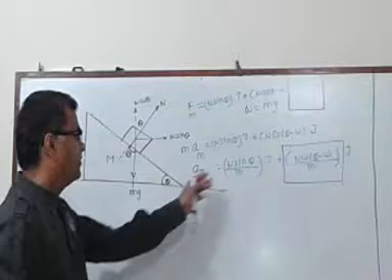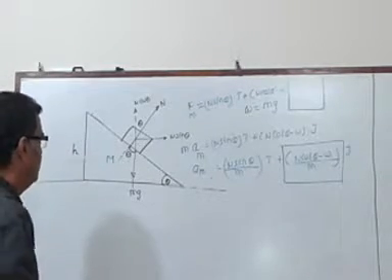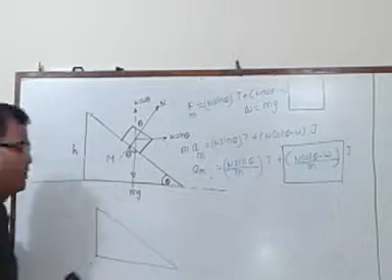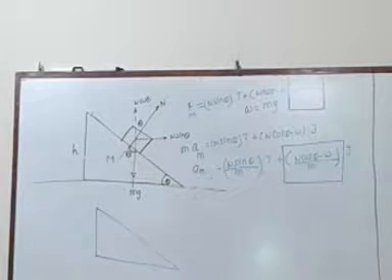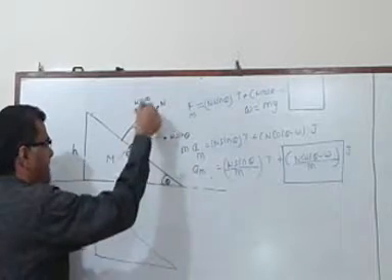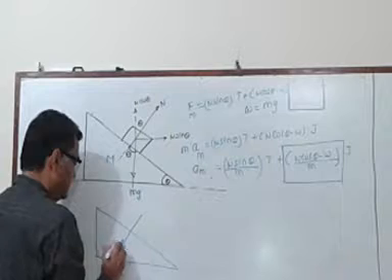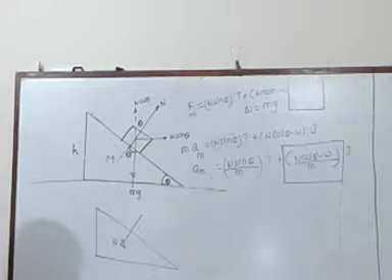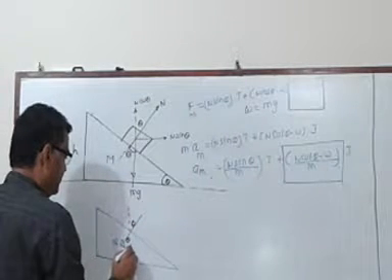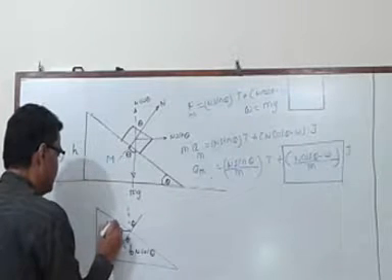But let us keep it aside for the time being, and let us try to find the free body diagram of the wedge. According to Newton's third law, whatever normal reaction is acting on the block, the same normal reaction will act on the wedge. So the direction of n will be reversed. It will be just this. And if I resolve this, again this angle will be theta, this will be n cos theta, and this will be n sin theta.